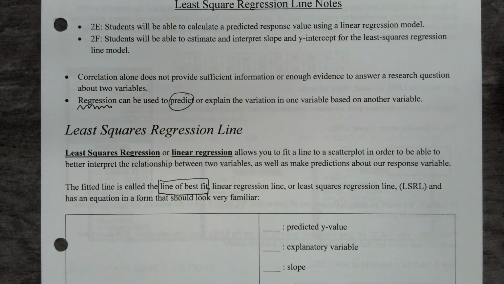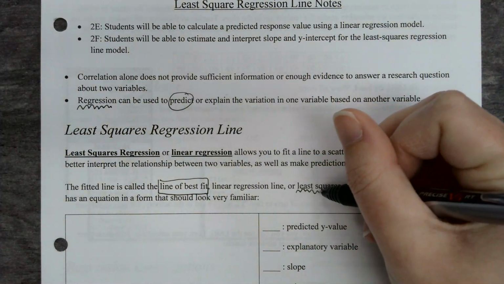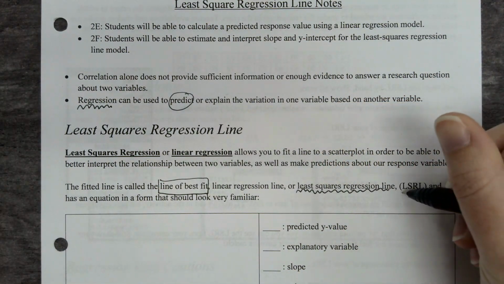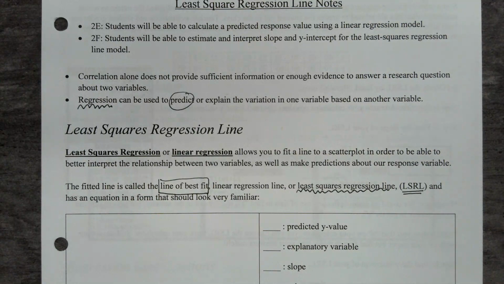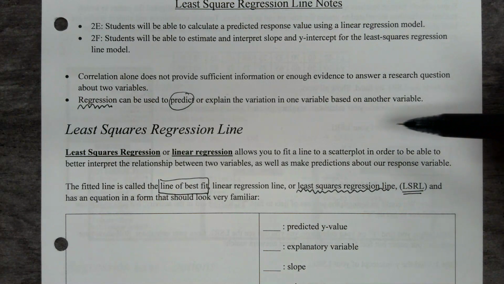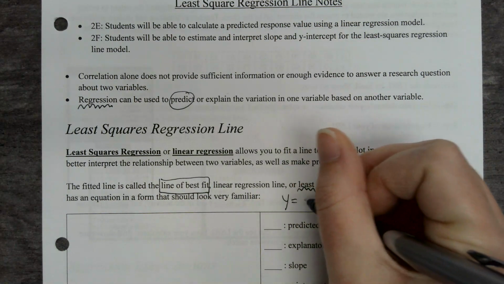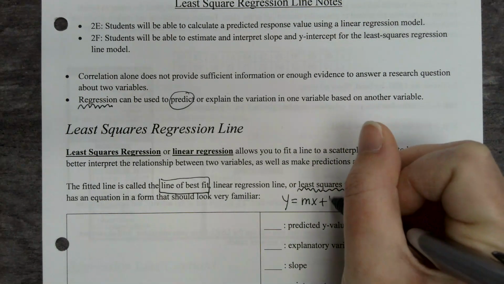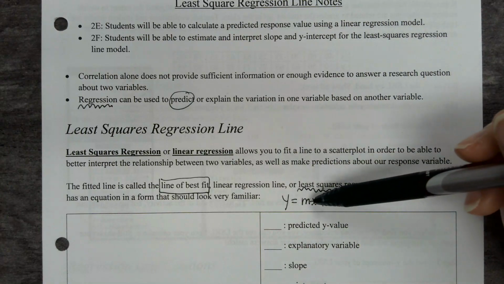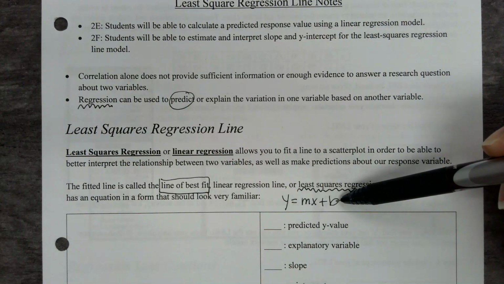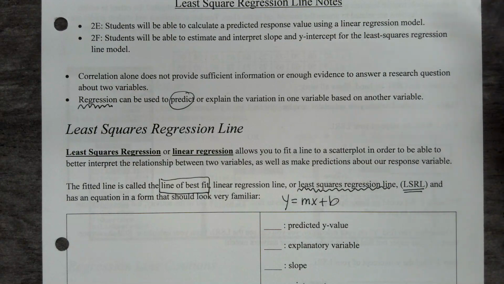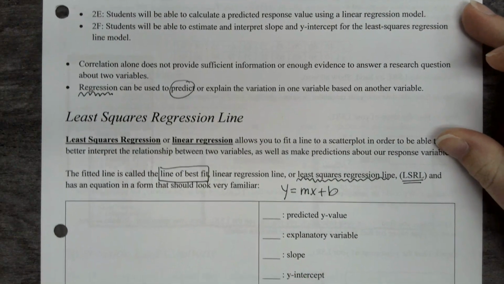So when I talk about least squares regression, or in short, LSRL, it means the same thing as line of best fit. Now, we talked about back in algebra where we have our slope-intercept form of an equation where we have y equals mx plus b, where m is our slope and b is our y-intercept. This equation is going to look very familiar to your